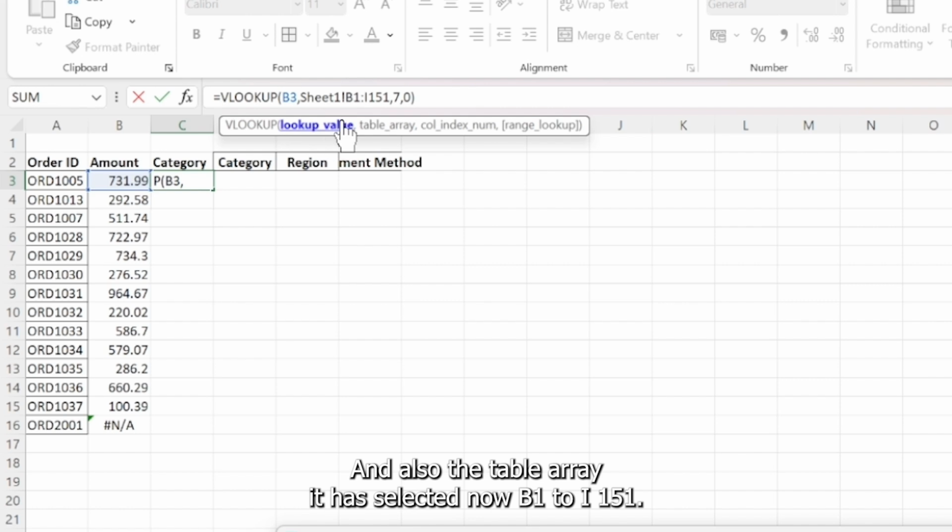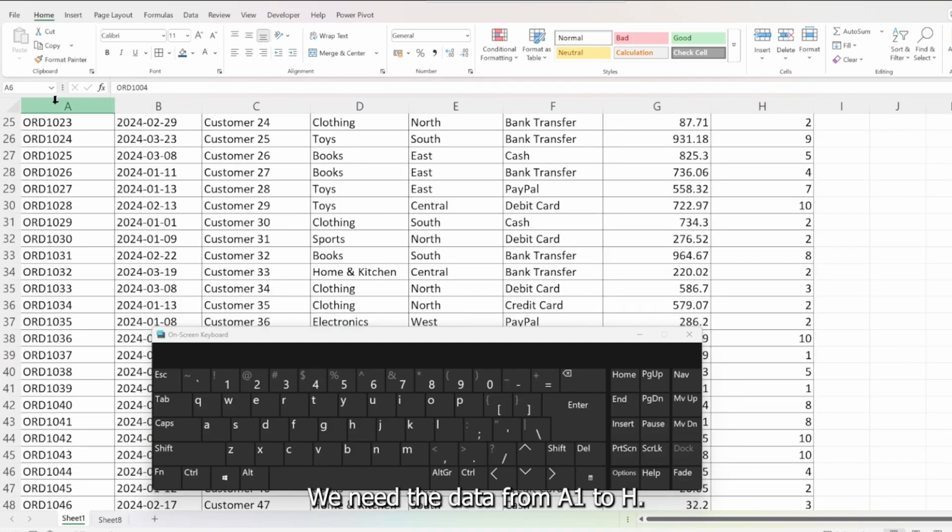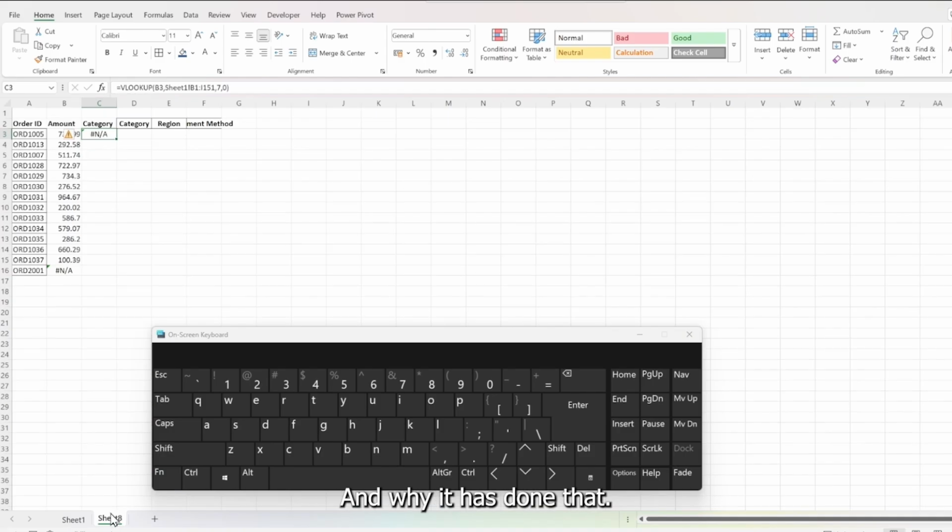Also the table array has now selected B1 to I151, that is also not correct. We need the data from A1 to H. Why has it done that? Because कि जब आपने यहाँ कॉपी करा तो इसने वन प्लेस सबका आगे कर दिया है, A को B कर दिया है and H को I कर दिया है.